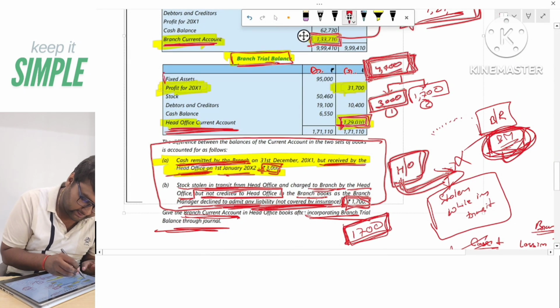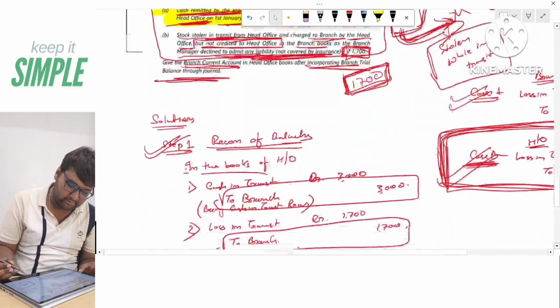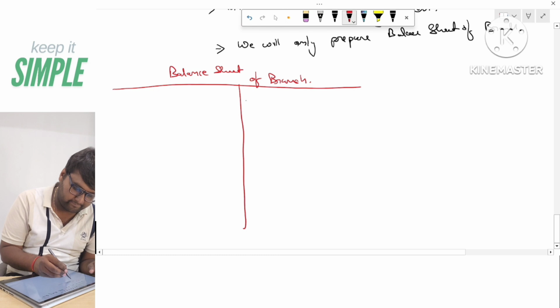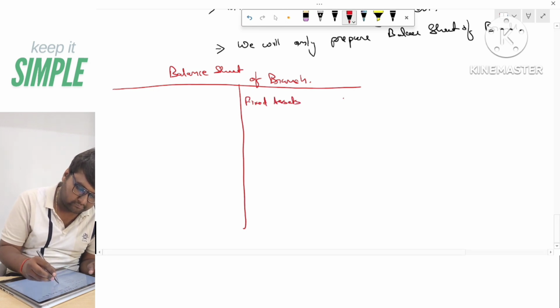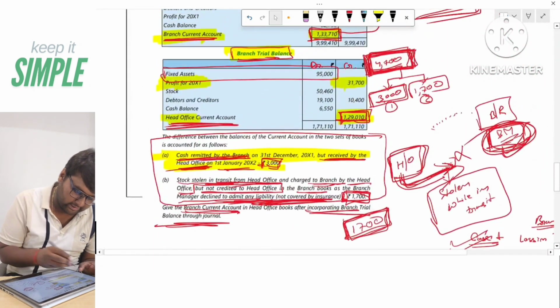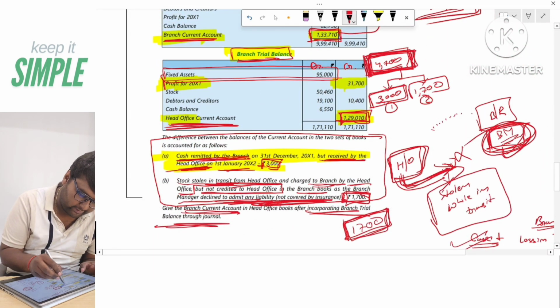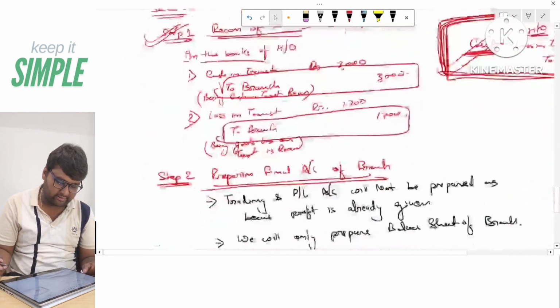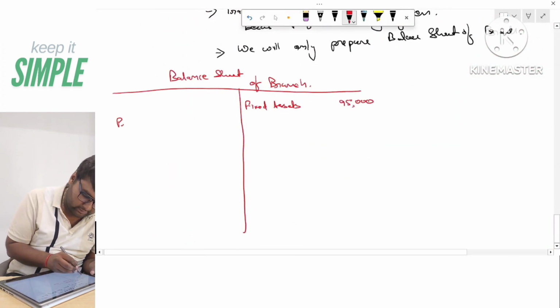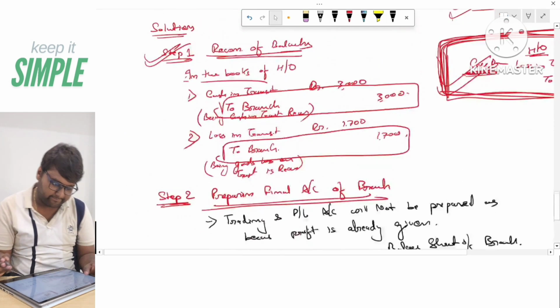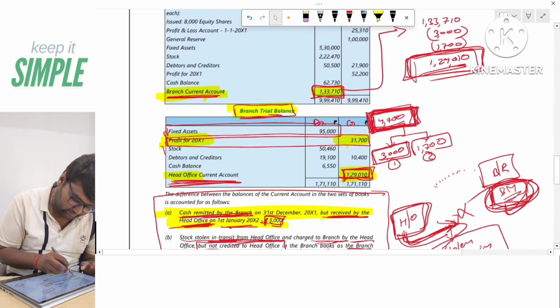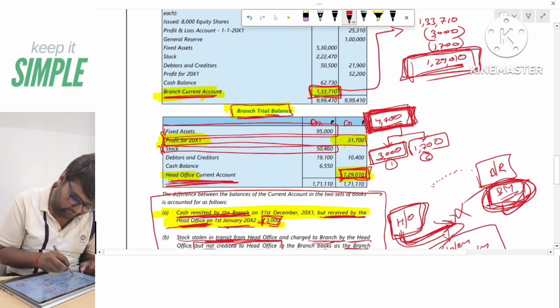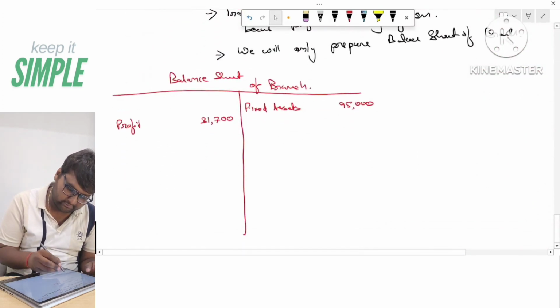So first is fixed assets, 95,000. Second is profit, 31,700. Then stock, 50,460. It will be closing stock,